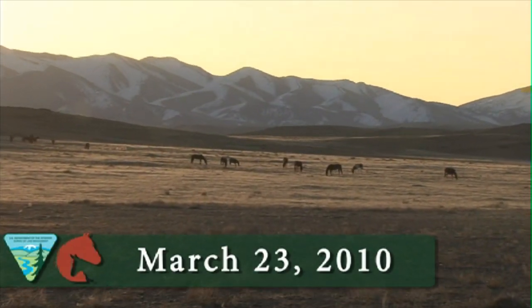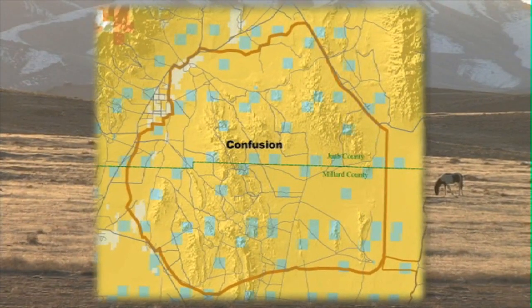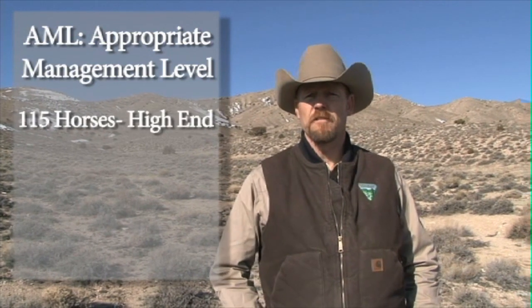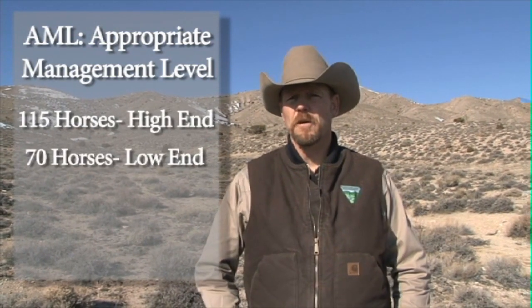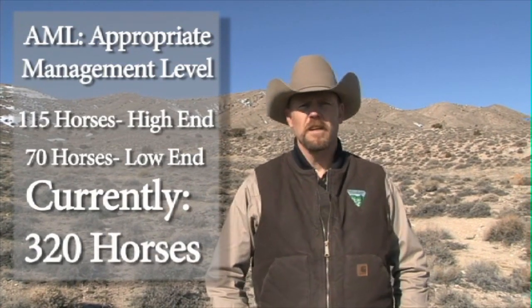We're out here on the Confusion HMA, or Confusion Mountain HMA. We have an AML, or appropriate management level, of 115 for the high end and 70 for the low. And our current population here right now is 320 horses. We have not gathered this particular herd area since 2003, so we are about 8 years out from actually being